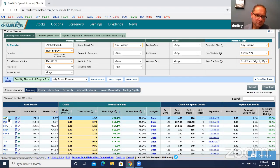So Apple closed yesterday at $473.45. It's saying that on the September 4th expiration, selling the 470 put, buying the 465 put, you get a $2 credit as of yesterday's close. We think theoretically it's worth $1.37. So you're selling it above $1.37, at $2. That gives you a theoretical edge of 21.1% with a historical win rate of